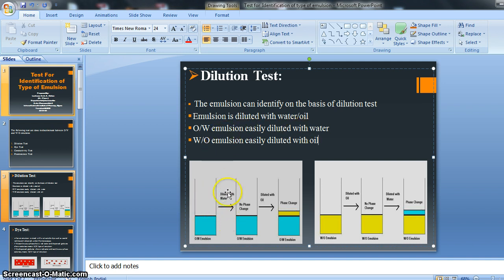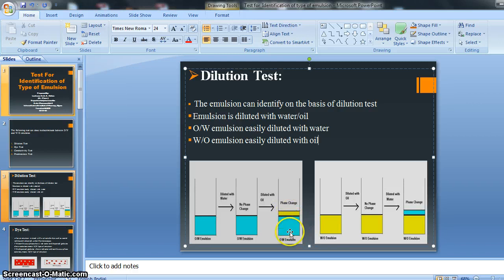Let's see, there is a picture of an OW type of emulsion. Diluted with water, there is no phase change. Diluted with oil, there is a phase change.